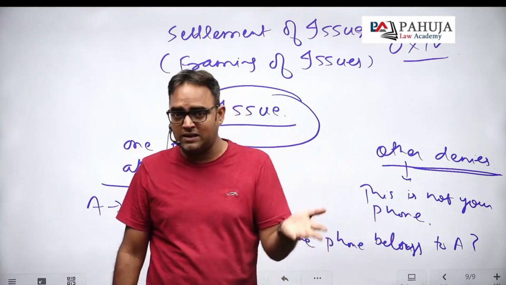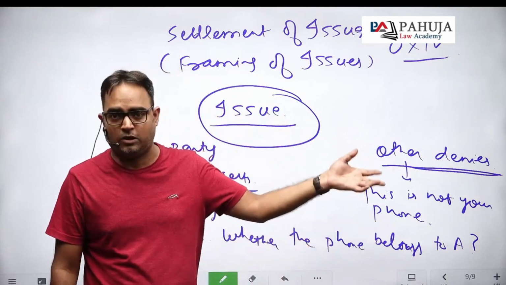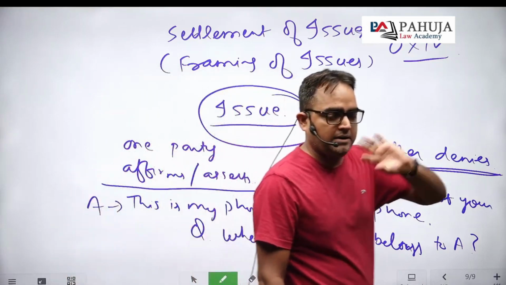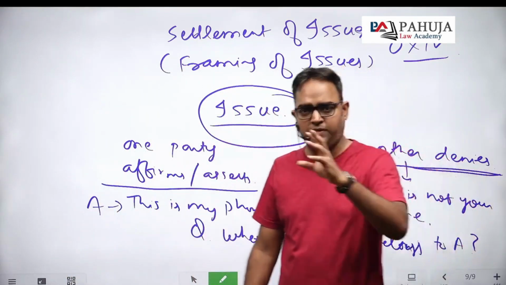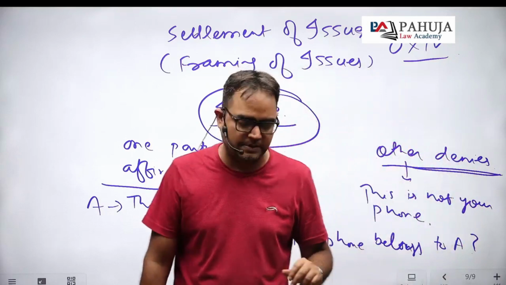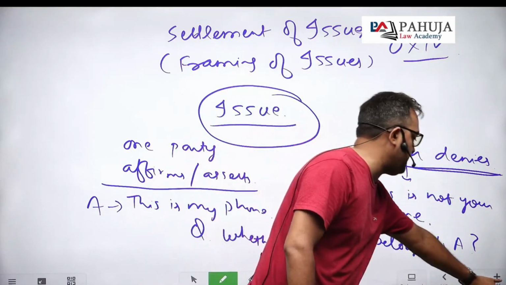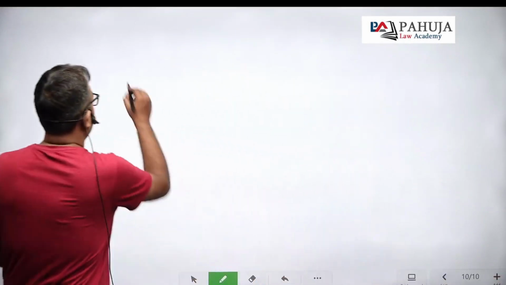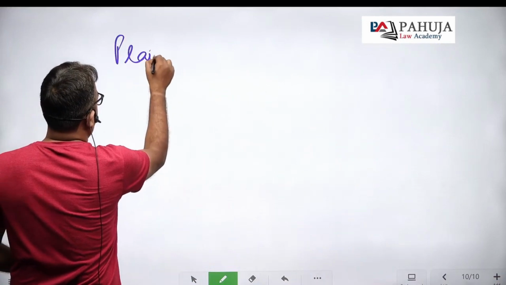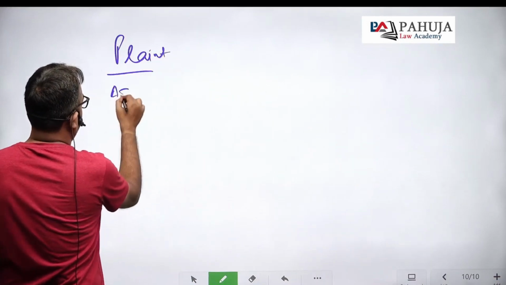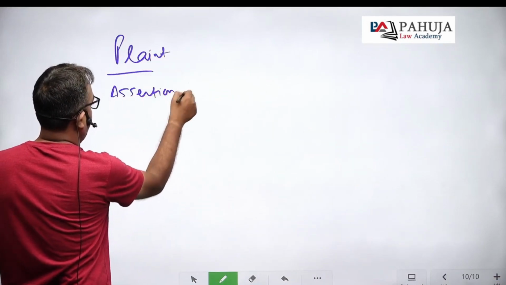There is also a third kind of issue, which is a mixed question of fact and law, ठीक है. वो भी हो सकता है. But generally हम लोग यही मानते हैं, issues of fact and issues of law, that is the general rule in CPC. तो याद रखना इश्यूज में अब हम लोग कैसे फ्रेम करेंगे. जो भी प्लेंट में असर्शन होती है और एफर्मेशन होती है,